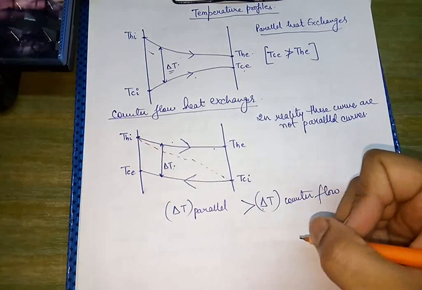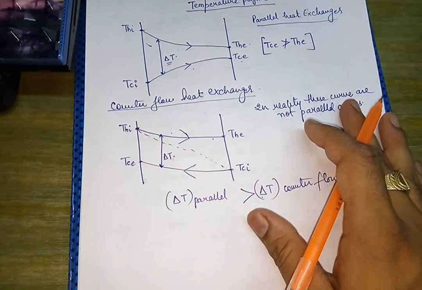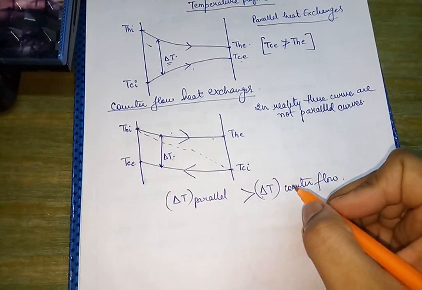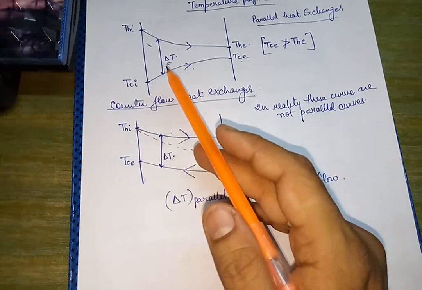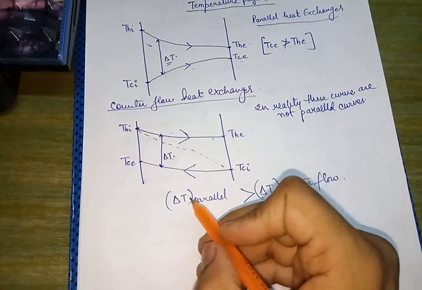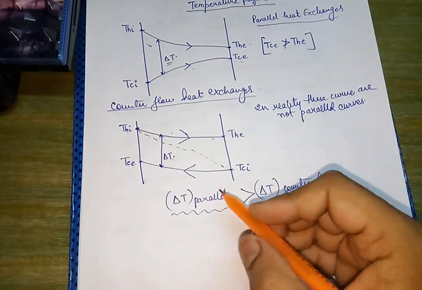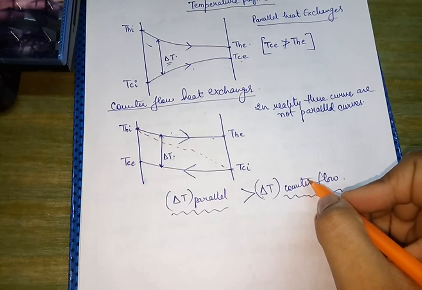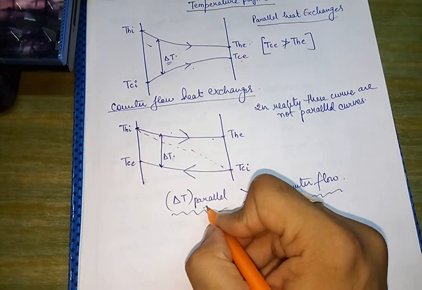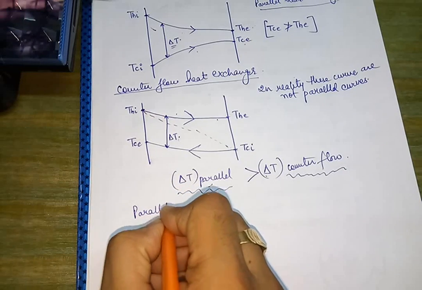The delta T in case of the counter flow is less as compared to that of the parallel flow, and we know that the variation of temperature is taking place with respect to the x direction, and this variation in the temperature is much more pronounced as compared to the counter flow. So as the temperature difference is more, we can say that parallel system